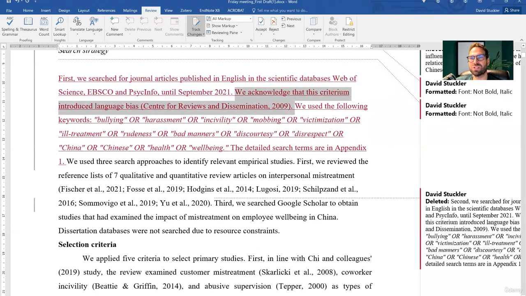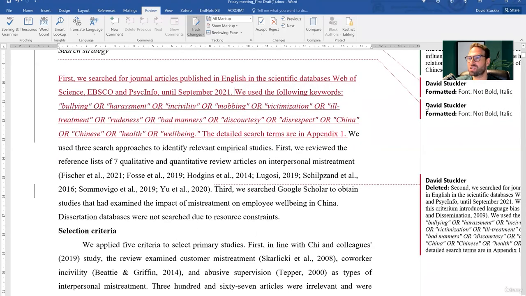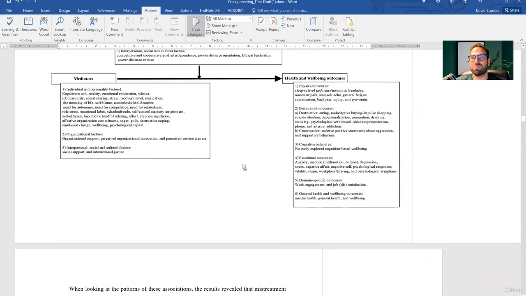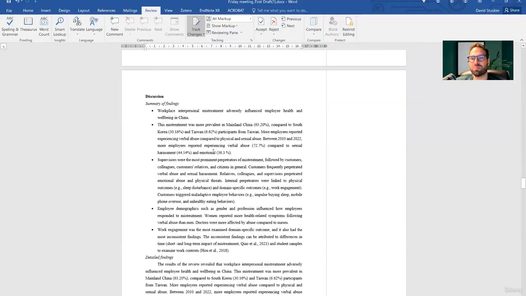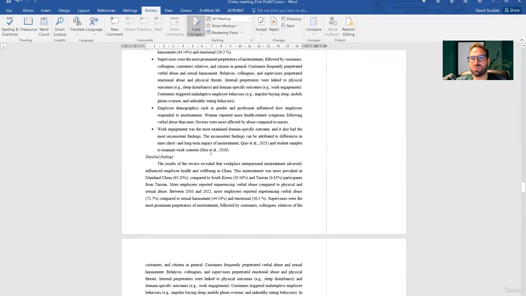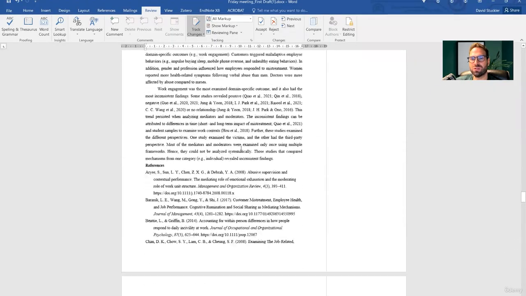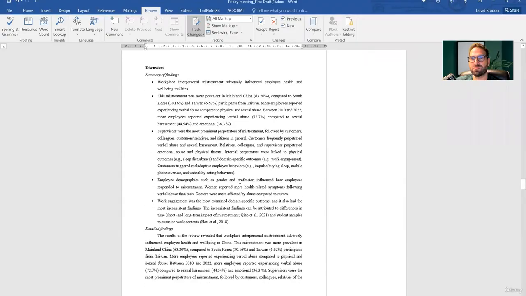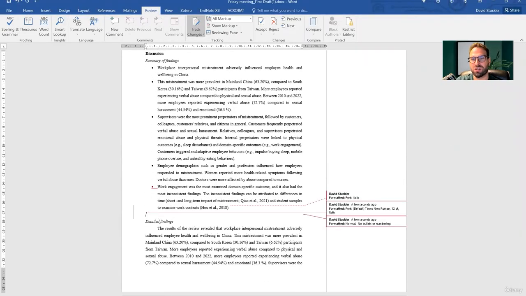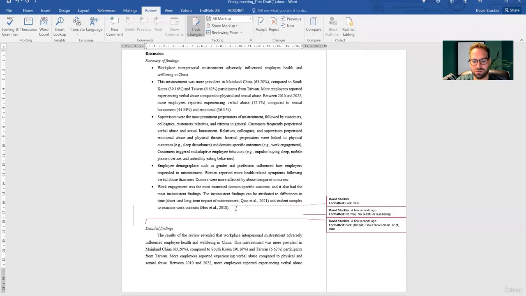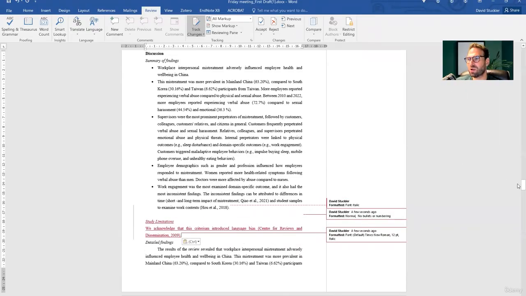This potential language bias, because you may be missing out on some key Chinese literature, needs to come way down here to the bottom. So we'll go ahead and drop your limitations in your discussion. So in the summary of findings and study, we'll just create summary limitations, which really comes here. So go ahead and move that to the right place.